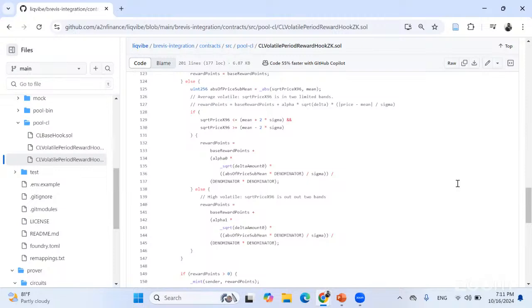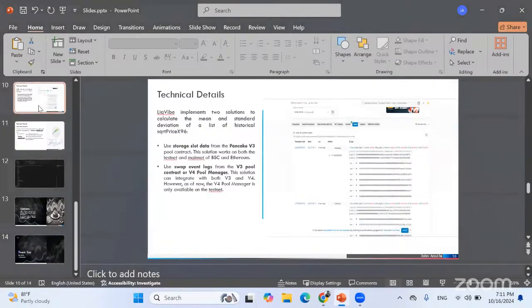Okay. And so where are you using Brevis? Which data are you pushing to the contract? Could you speak again? So where does the Brevis implementation come into play? The Brevis part of it, on what data is pushed on chain? Like I said, we use two data, storage slot data and swap event logs like this. And we use Brevis SDK to calculate this data.